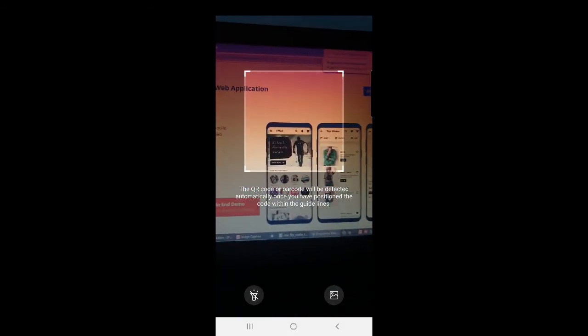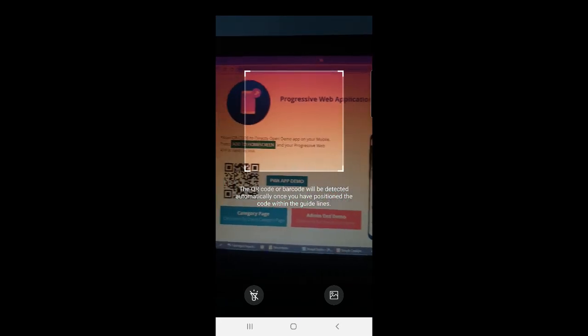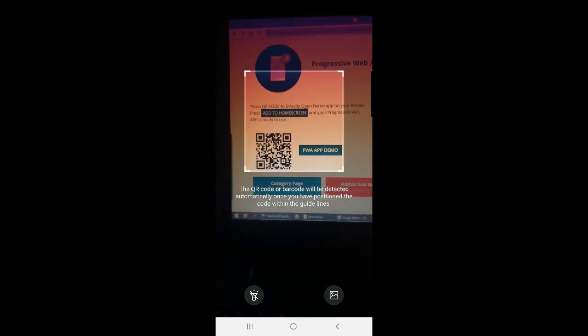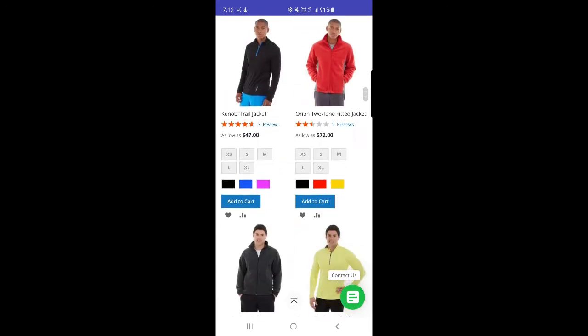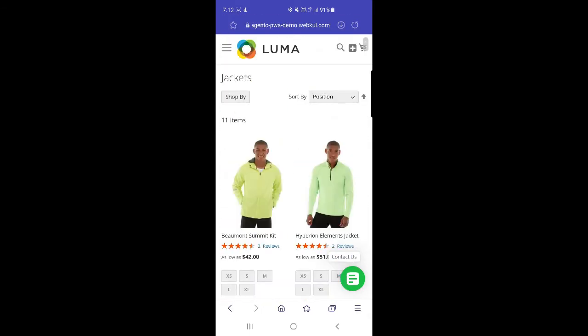This is the progressive web app demo that you will first see, and here we need to scan that. At the top in the address bar, you can see that it says magento-pwa-demo.webquill.com, and here we have the products that are listed within that particular jacket section.